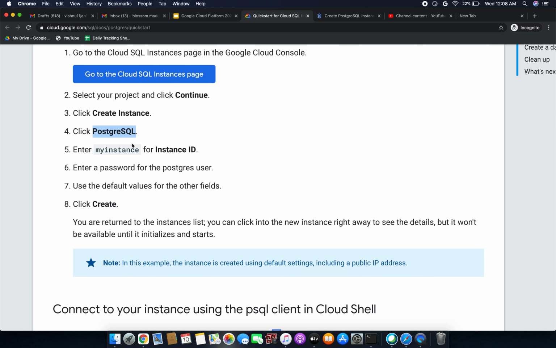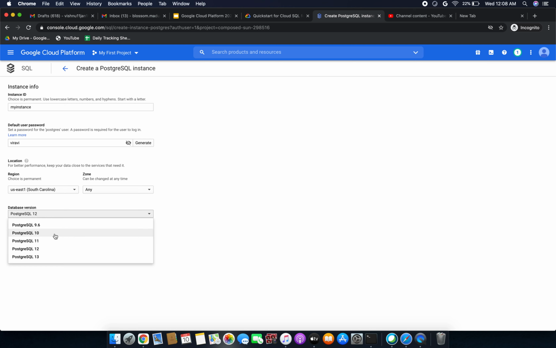I am giving the password here, region US Eastern, and the zone we can select as per our requirement. The database versions are 9.6, 10, 11, 12, 13, so we can choose as per our requirement. Then I am clicking create now.